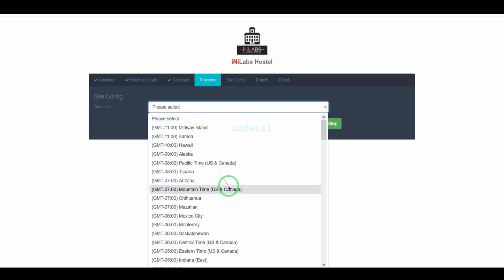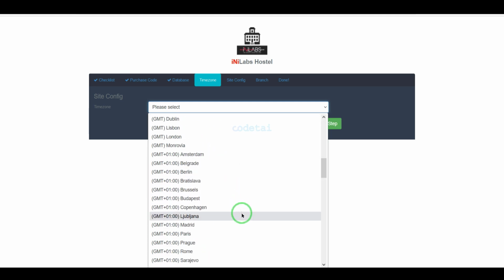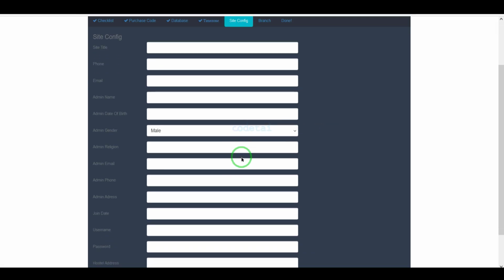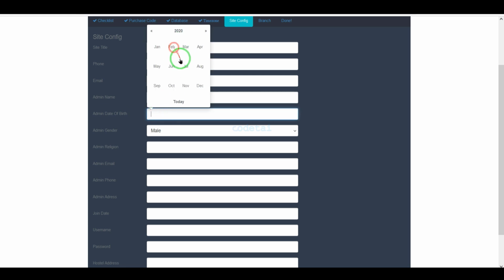Now we have to select the specific time. Then we have to submit this information to the website step by step. You will submit this information as per your requirement.